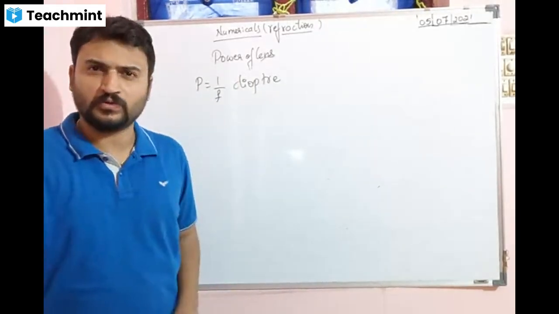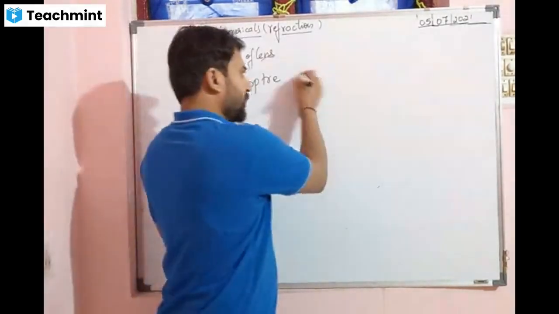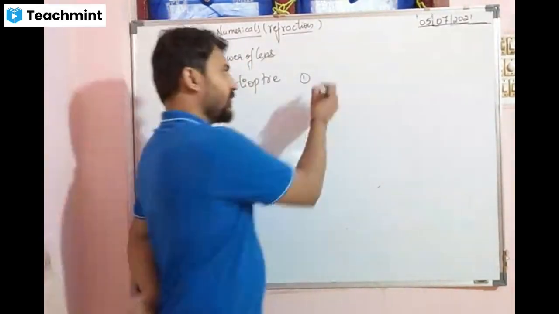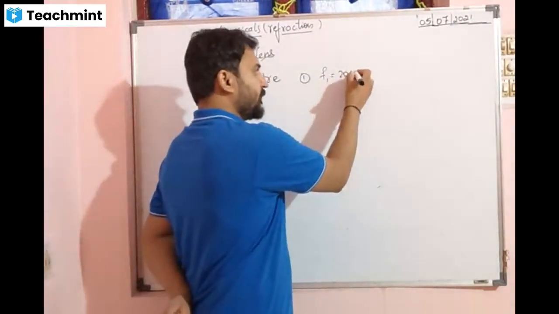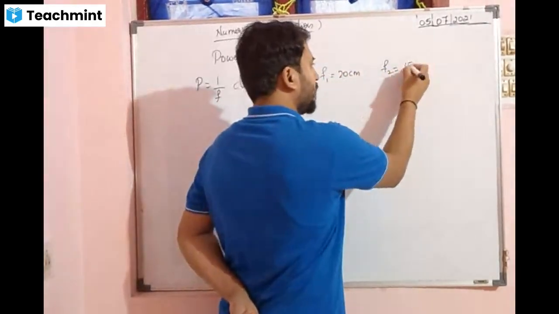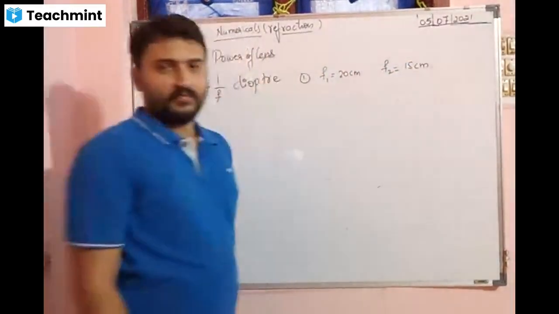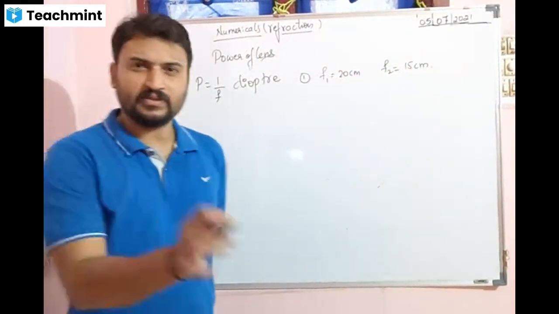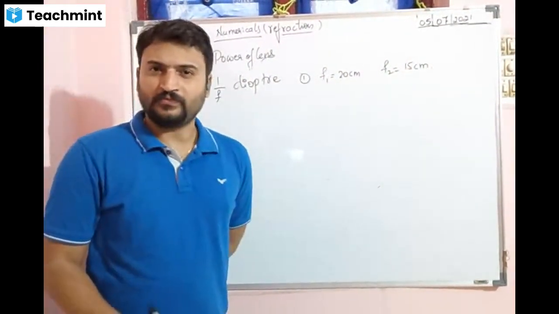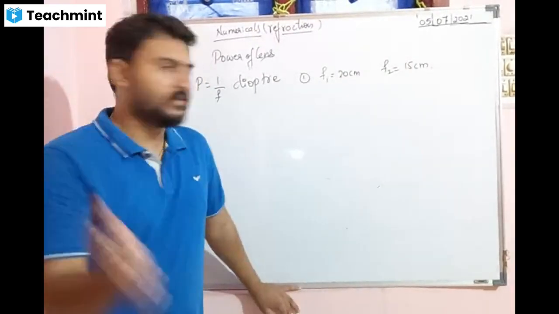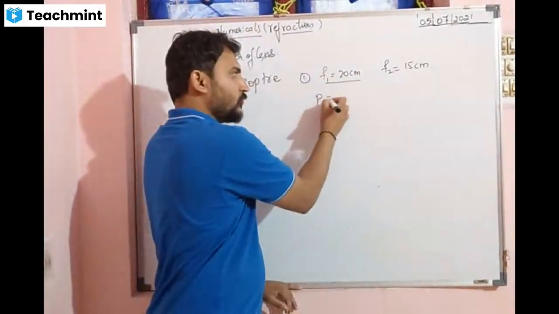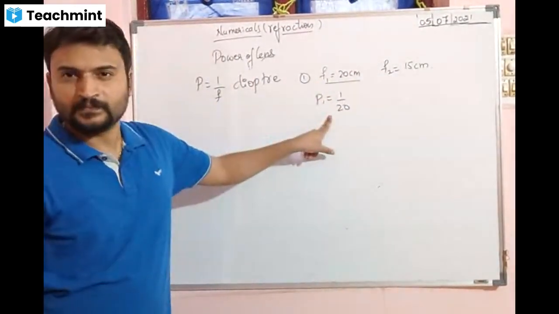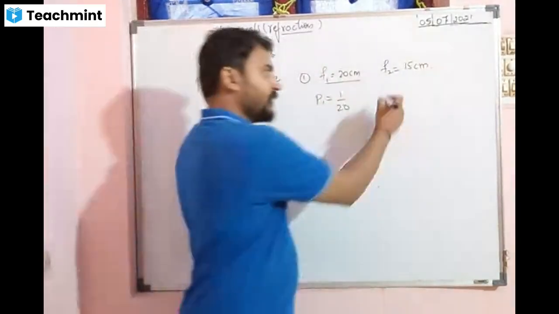An MCQ question was given on this. What was the question? The focal lengths of two lenses are f1 equal to 20 centimeter and f2 equal to 15 centimeter. Find the power of both the lenses. Simple question. And write which is greater. Find which has more power. So P1 is equal to 1/20, correct? Yes, sir. P2 is equal to